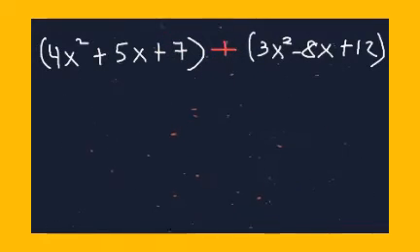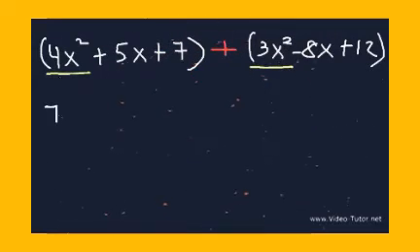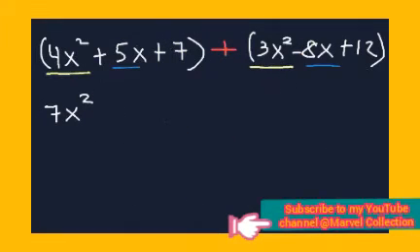What we need to do is combine like terms. 4x squared and 3x squared are like terms. So let's add them. 4 plus 3 is 7, so this is going to be 7x squared. Now 5x and negative 8x are like terms. 5 minus 8